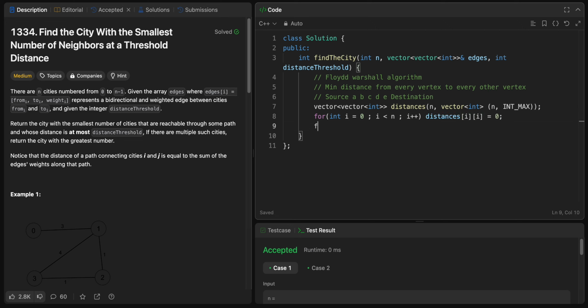That's fair enough. Now let's start with the algorithm. I already told you this k is an intermediary node. This k being an intermediary node, i being a source node,